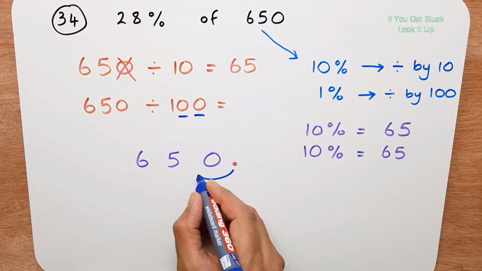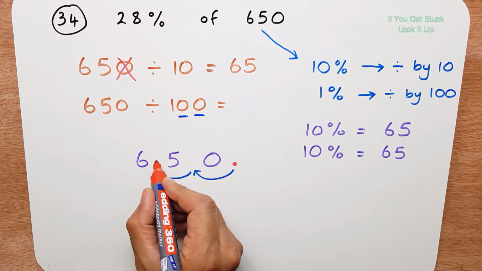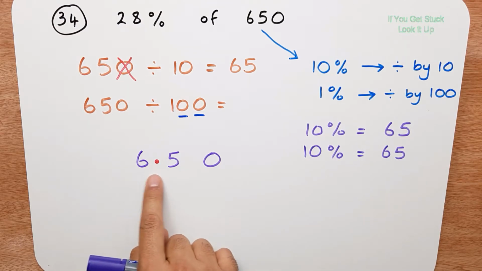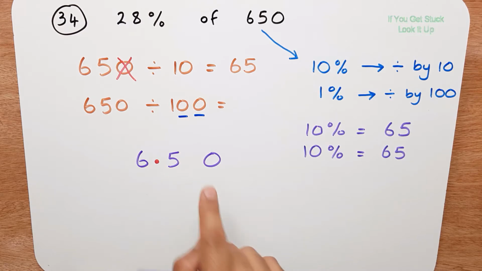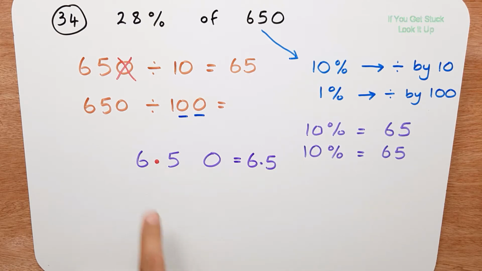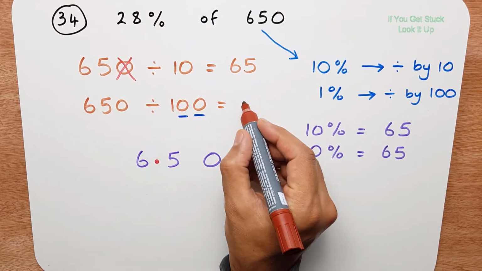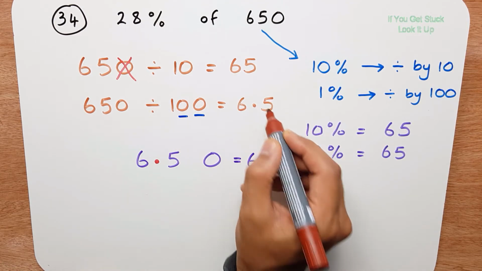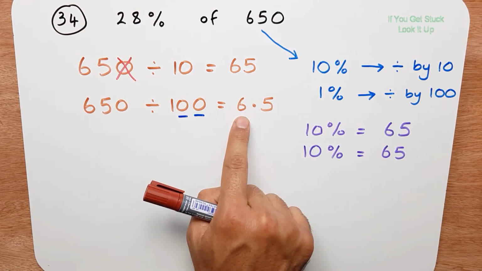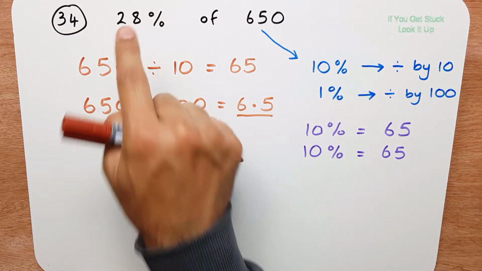So this is going to go 1, 2. Now the decimal point has moved here. So this can disappear now. Now this is my number, 6.50. So I can simply write that as 6.5. So the answer to this here, 650 divided by 100 is 6.5. And you have to be careful not to lose your decimal point. Now my next step is, I know what 1% is, 6.5, but I'm after 8%. So what I have to do is